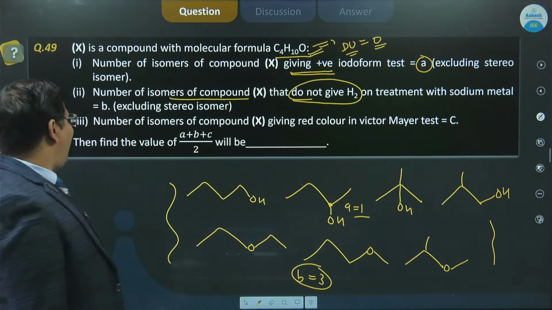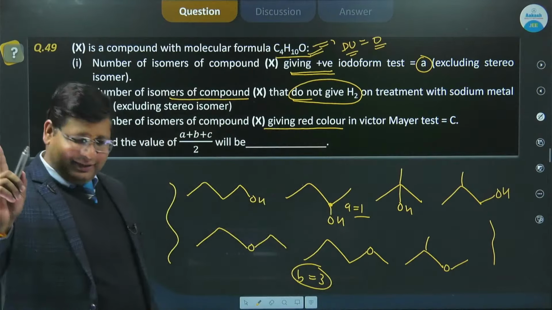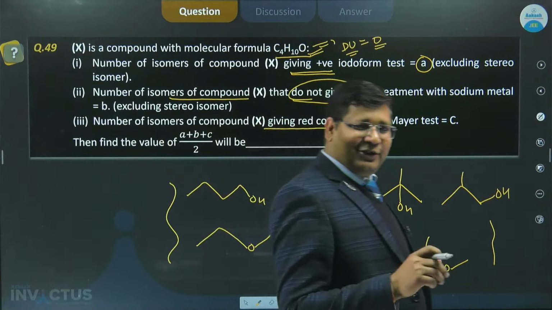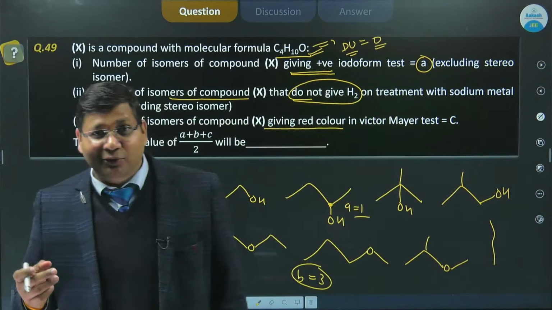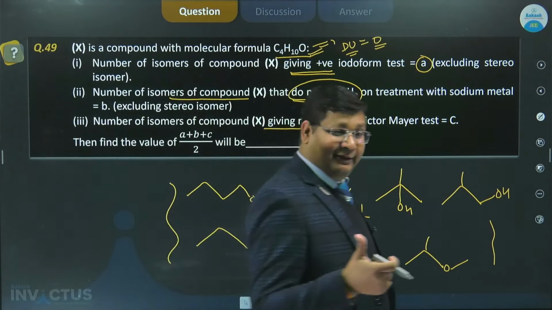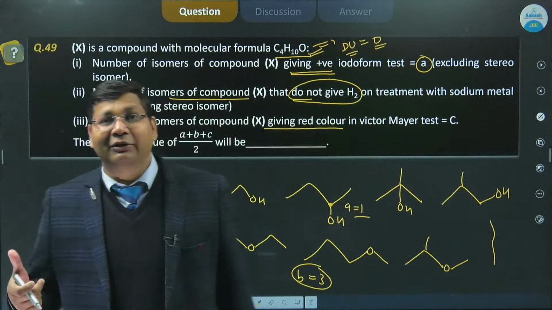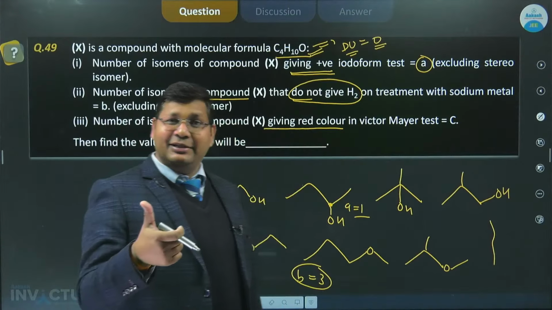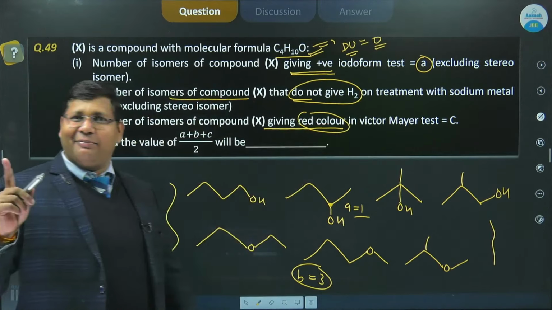ठीक है, एंड नंबर ऑफ आइसोमर कंपाउंड गिव रेड कलर इन विक्टरमेयर टेस्ट। तो बच्चों जब हम विक्टरमेयर टेस्ट करते थे तो RBC बच्चों को याद कराते थे हम, रेड ब्लू कलरलेस बोलते थे ना हम लोग, तो हम कहते थे प्राइमरी अल्कोहल रेड कलर देगा, राइट, और सेकेंडरी अल्कोहल ब्लू कलर देगा, एंड टर्शियरी अल्कोहल विल गिव कलरलेस सोल्यूशन। तो RBC जिसको याद है बच्चों, तो उससे एकदम समझ लिया कि रेड कलर मतलब सर प्राइमरी अल्कोहल्स पूछ रहे हैं।